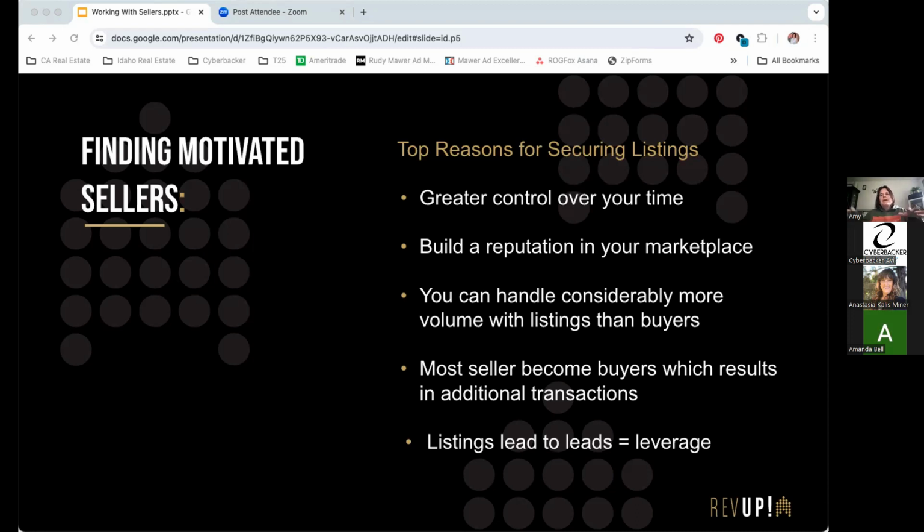We may talk about non-conforming properties, is what I'm going to call it. Every time I ask for an example of a listing to do a CMA on, I feel like Anastasia usually throws me one of hers and it's this random property in the middle of nowhere. But